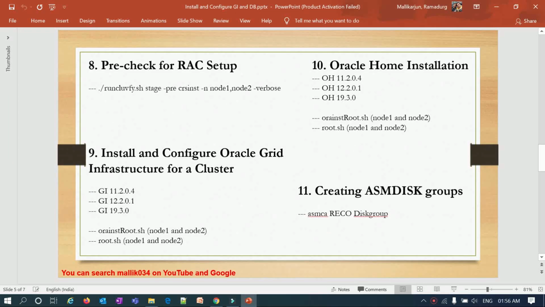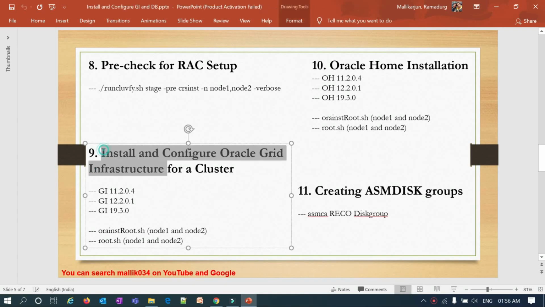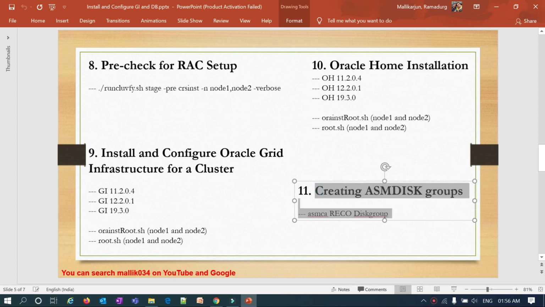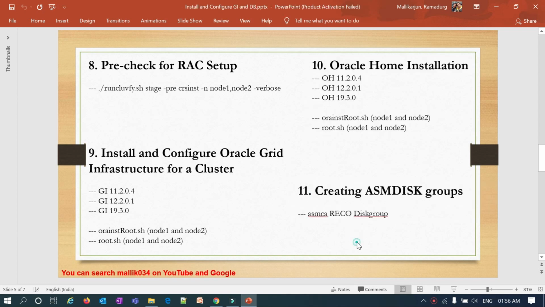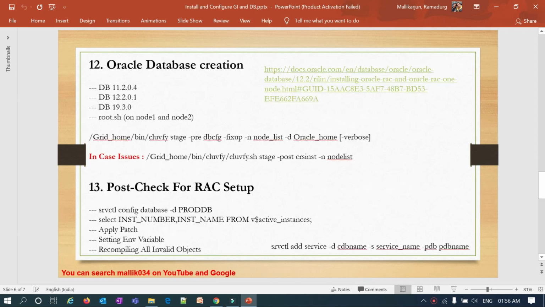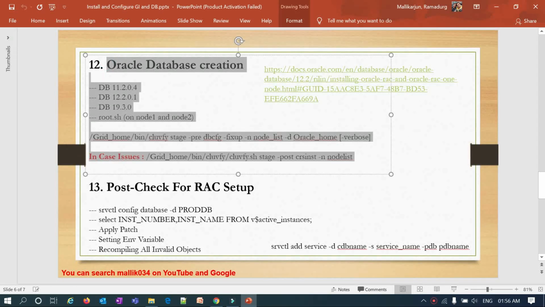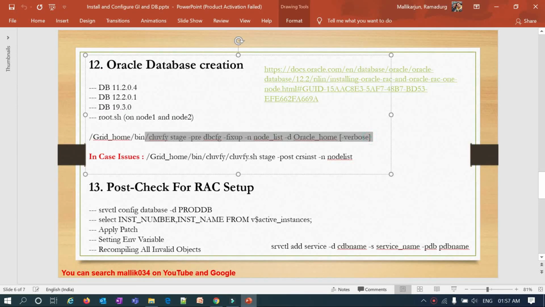Okay, so now we are ready with the grid infrastructure, and also we're ready with the RAC Oracle home, and we also have our data disk group and RECO disk group. And now we'll start with our Oracle database installation. So I will stop here for today's session, and tomorrow I will start with the Oracle RAC database creation with some of the pre-checks, that's dbca runcluvfy pre-check. We'll do it, and we'll install the Oracle RAC database 12201.